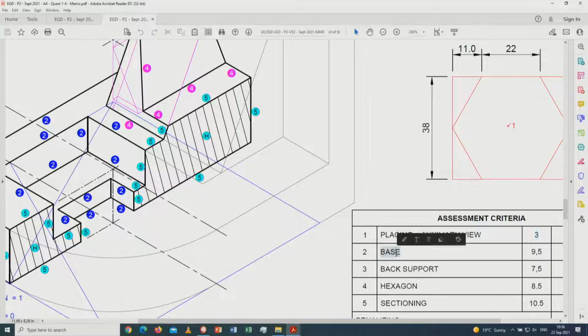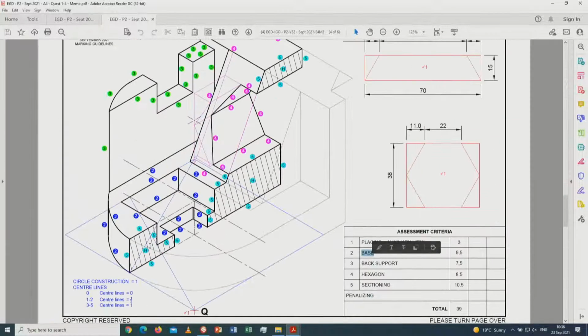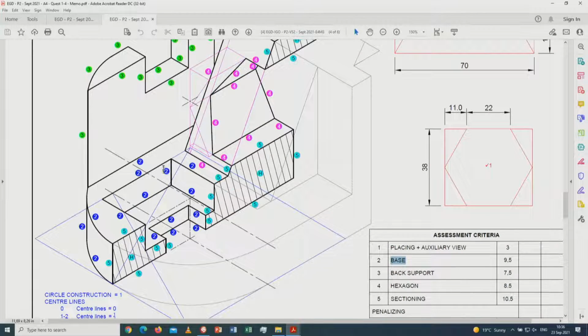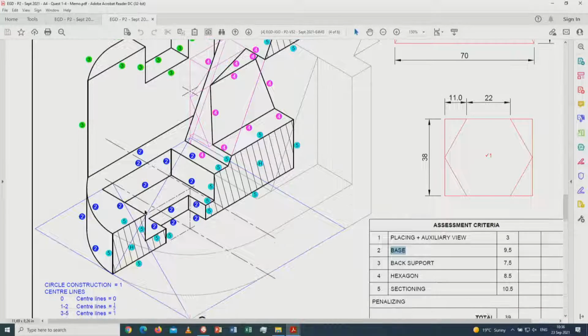For the base itself, this is the base, it's number 2. So take out your blue pen, it's much easier to mark it. So that's going to be 1, 2, 3, 4, 5, 6, 7, 8, 9, 10, 11, 12, 13, 14, 15. So 15, and then over here,